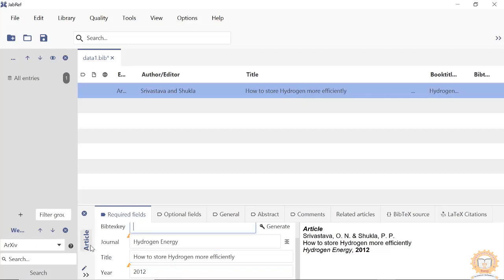So to prepare the key, we have to just click on this key symbol.